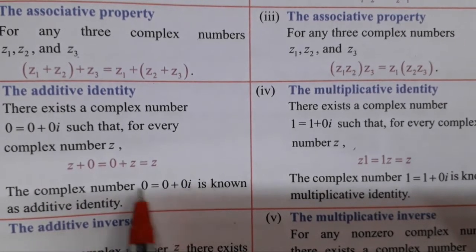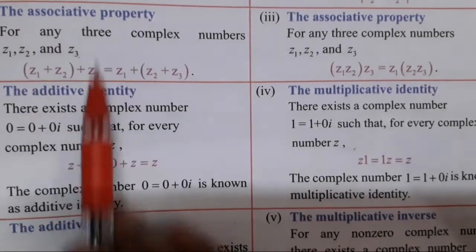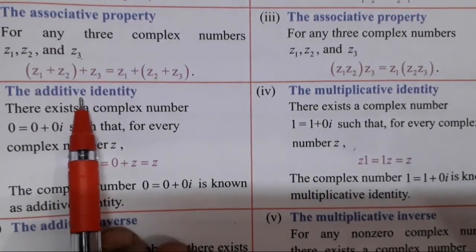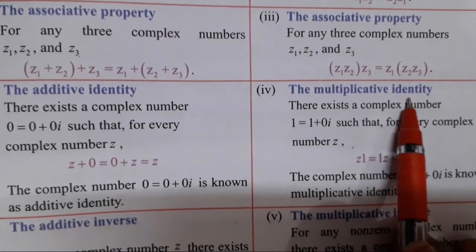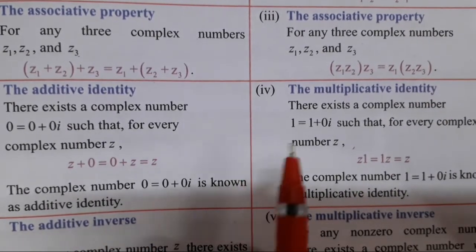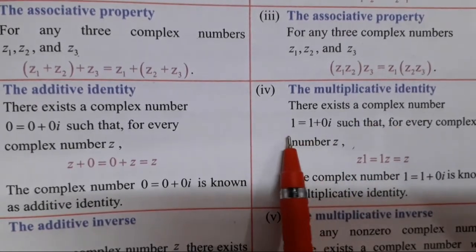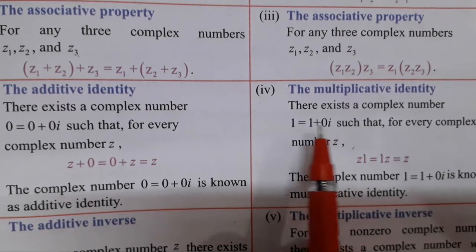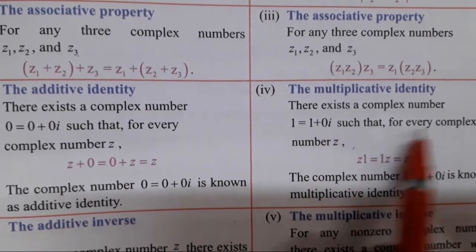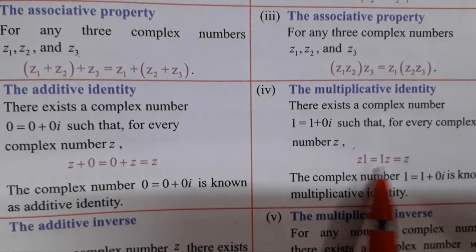What is the additive identity of the complex number? 0 plus 0i. The additive identity under addition. Additive means nothing but what? Addition. Similarly, multiplicative identity. Without changing the value in multiplication, if 1 is multiplied with any number, we get the same result. Similarly, there exists a complex number 1, 1 equal to how to rewrite? 1 plus 0i, such that for every complex number, z into 1 equal to 1 into z